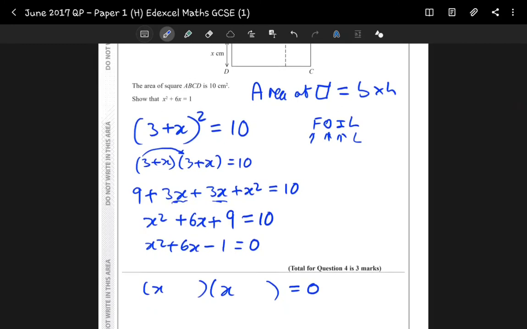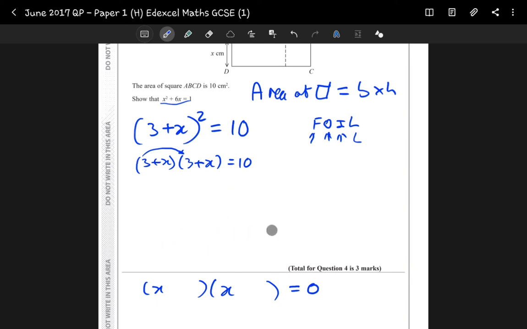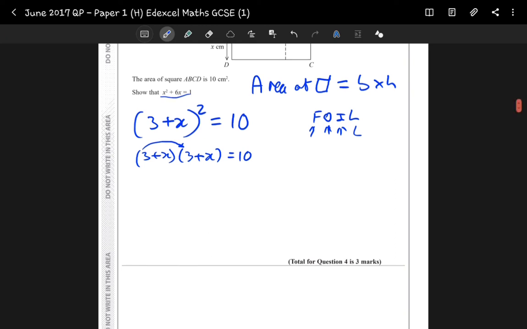I forgot I was doing a GCSE paper. I am used to doing A-levels so much that would actually involve me solving 4x. The question doesn't even want us to do that. The question just wants us to express this as that. So all this step that I'm doing when I'm trying to actually find the value of x is not even wanted. All it wants you to do, right, is after you've